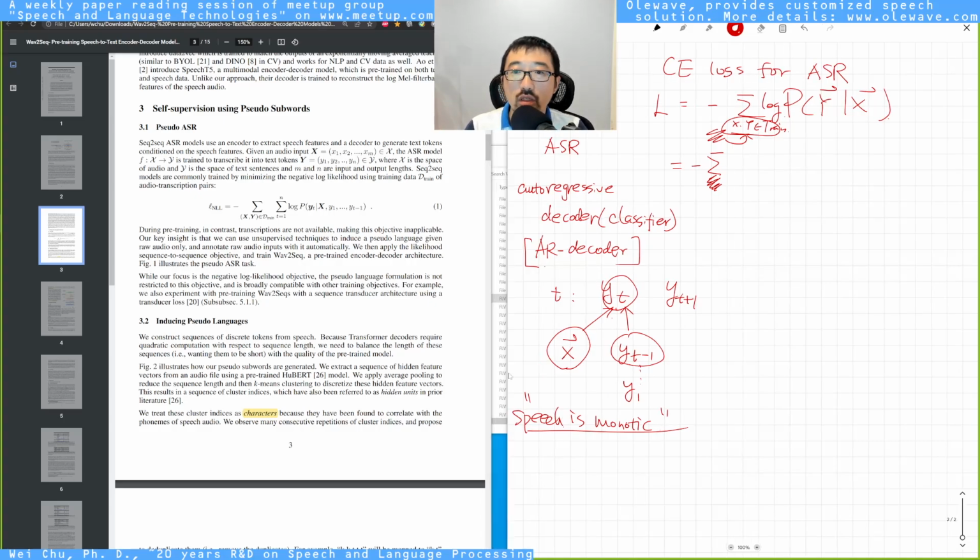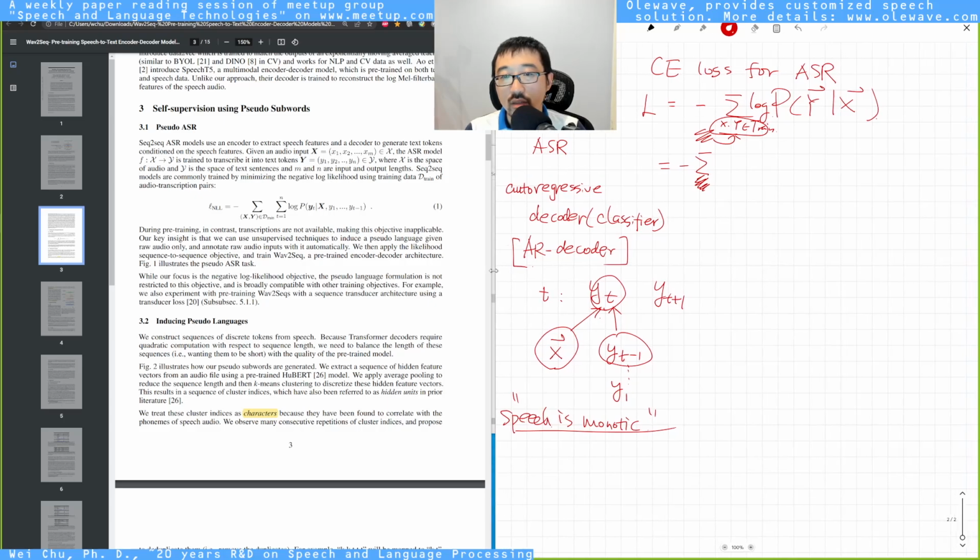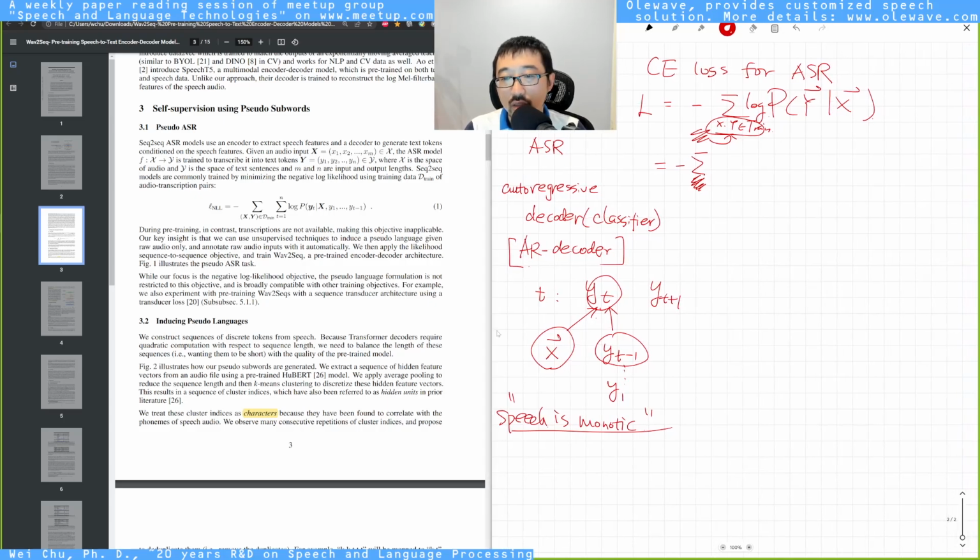So when you do machine translation, for instance, the order may change. For example, in English, it's red apple, right? In Spanish, they call it apple red, or manzana roja. You see the order has been altered. Okay. So when the monotonic assumption holds,